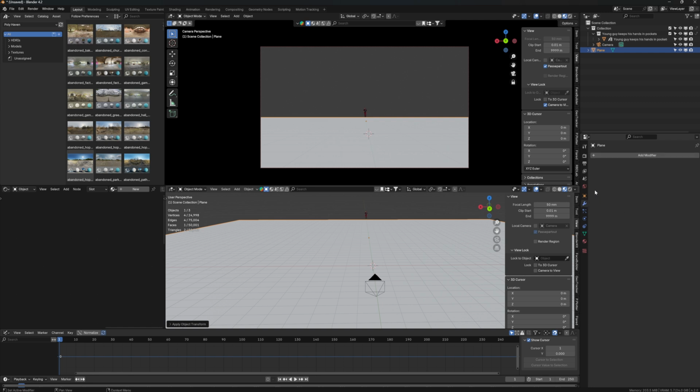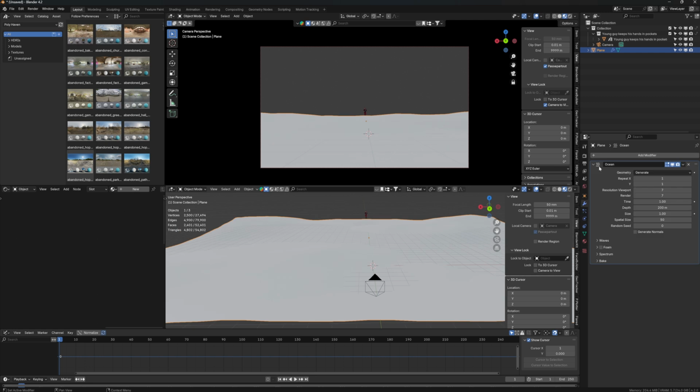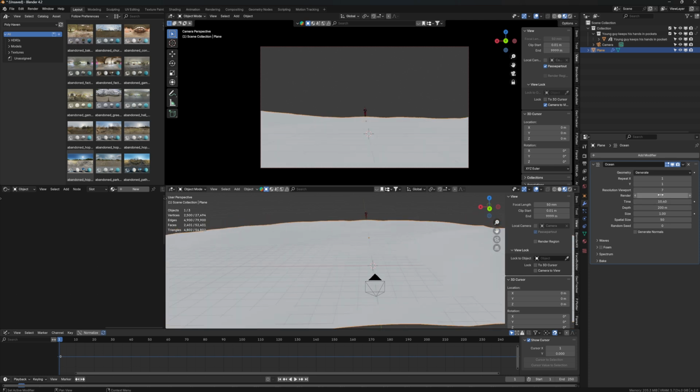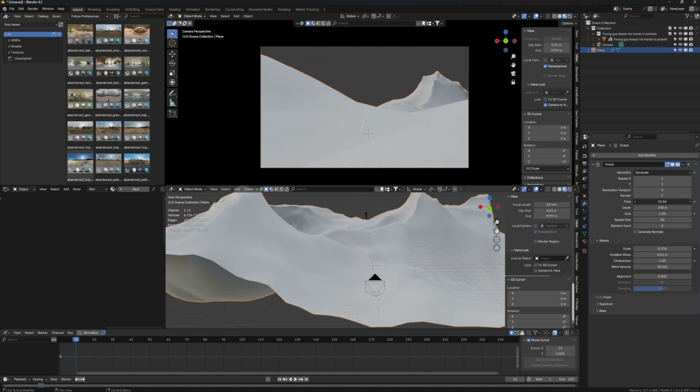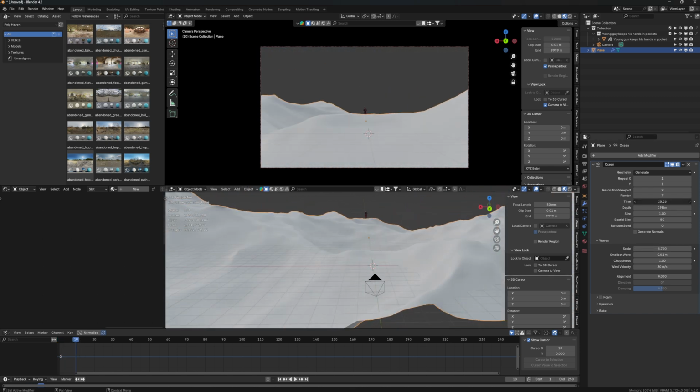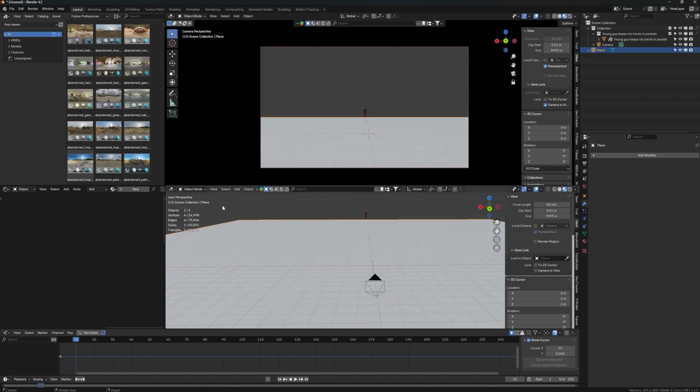One way I was trying out for the longest using a modifier, the ocean modifier, but I find it's just not very intuitive. Like, you can animate the time here, which is fine. Here are the resolution settings. You can crank this up if you want. The depth of the water, the size of the water, you can give it waves if you want. So for like an ocean, it's probably the way to go. Now if I animated this, it would be like an ocean with lots of turbulence and stuff like that. So yes, you could use that, but for like a water surface, what I usually do, I give it a